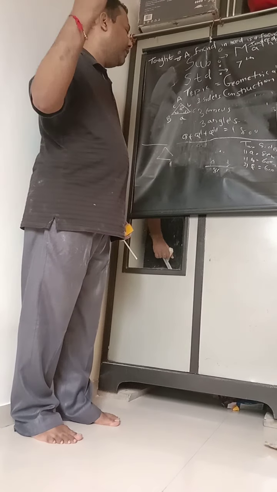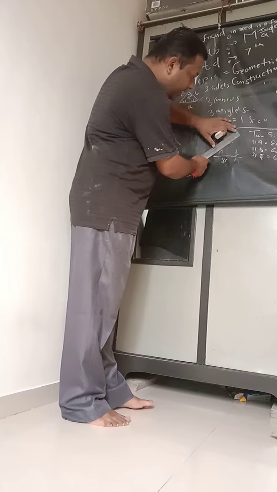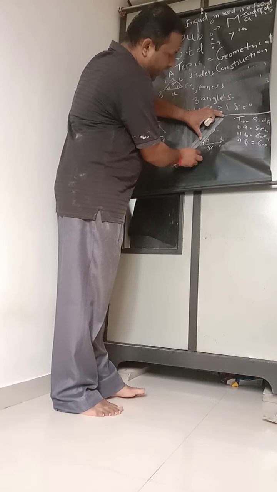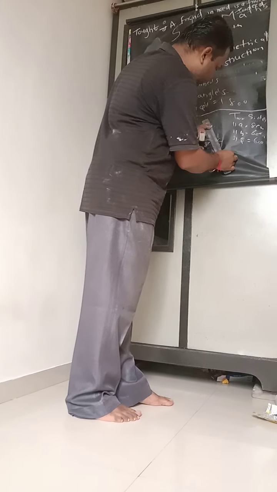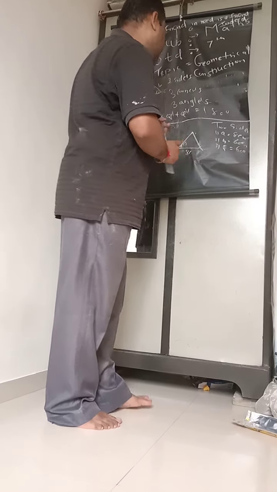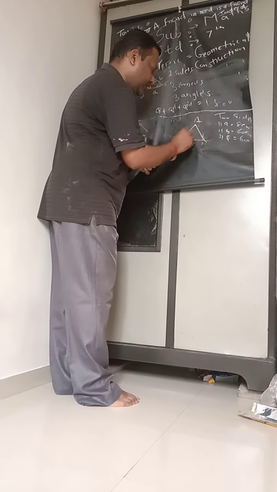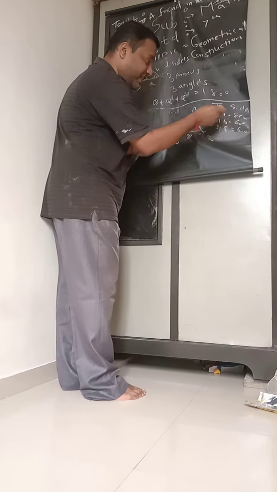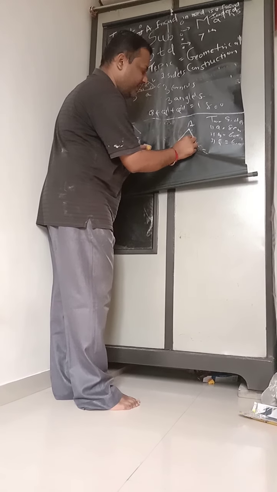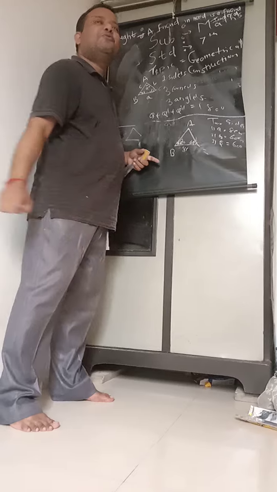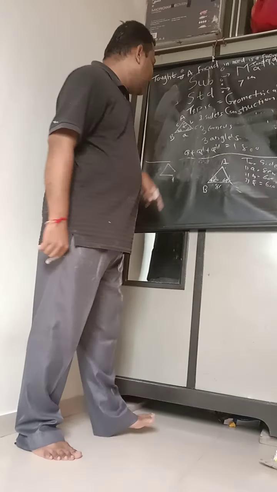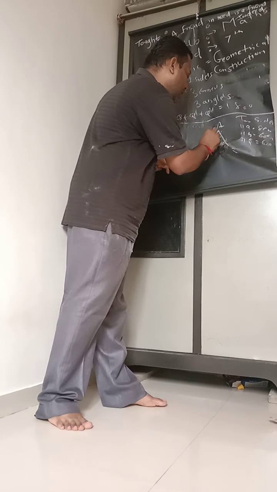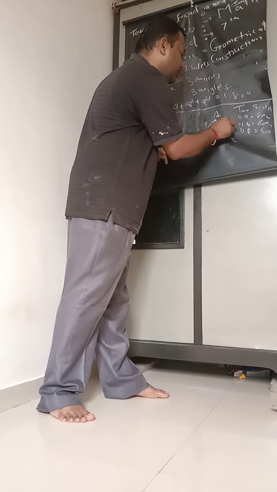Why? I will tell you in a short while. You have to join this point to both of these points. When you join them, this is my A, this is my B, and this is my C. This angle is equal to 60, as given. This angle C is also 60, as given. Then the remaining angle, with theta 1 and theta 2 being 120, is equal to 60, and when I measure all the sides, they are also the same.